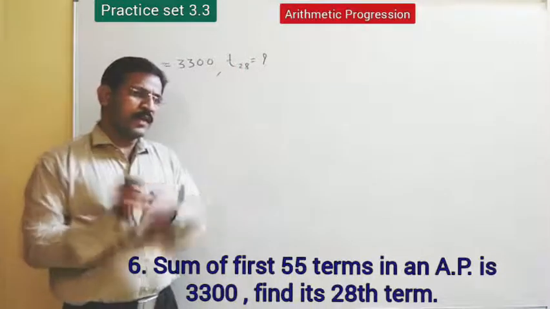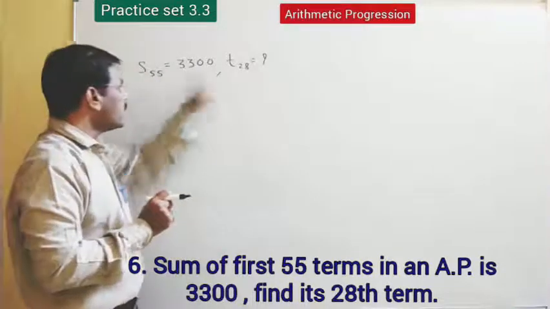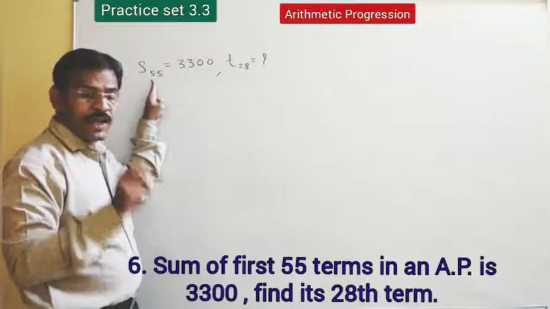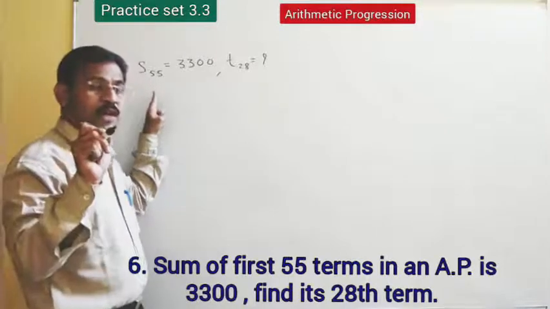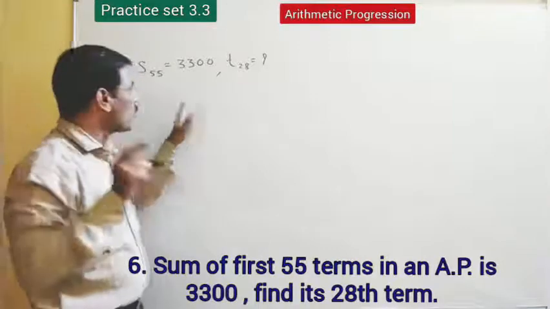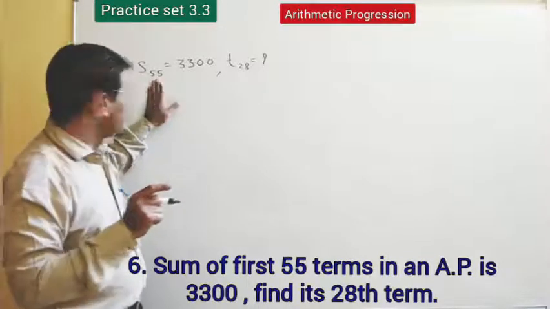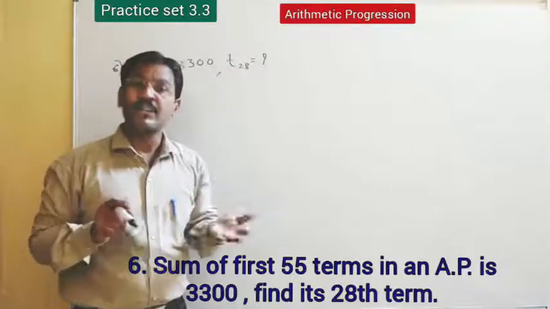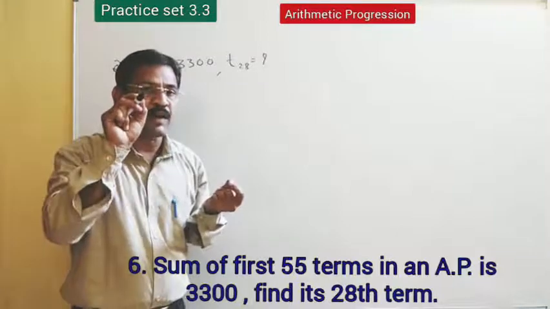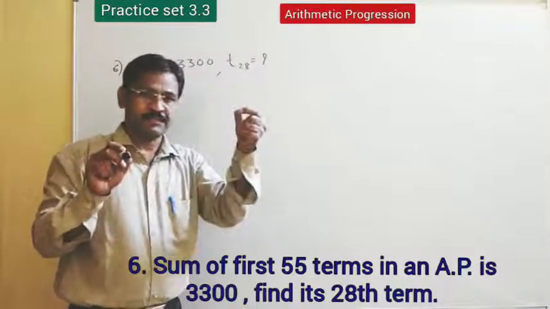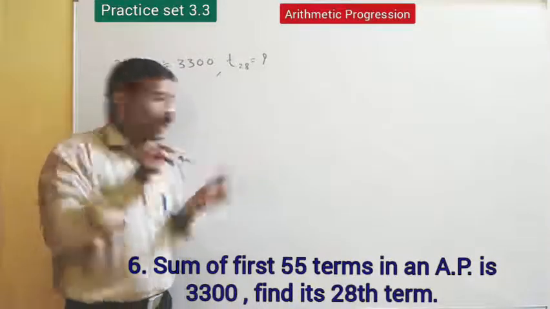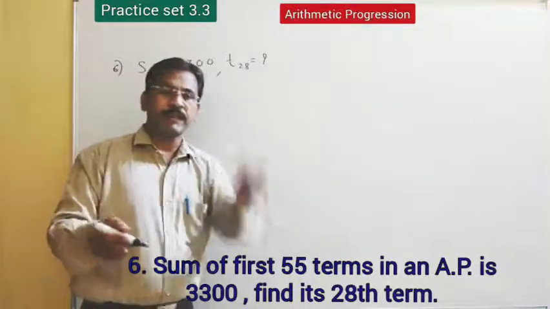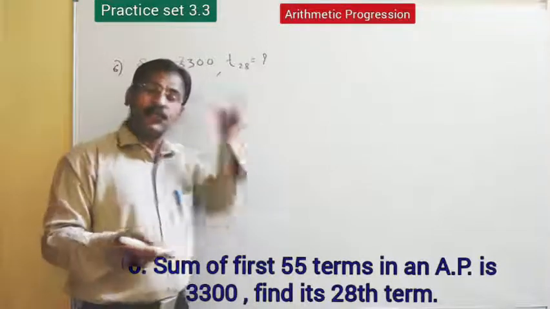Look friends, there is something here. Look, this is 28. Okay, here it is 55. If you observe here, you can find what I am telling. Look, this is 55. Just make one addition, or double this 28 here. How much? 56, and minus 1. Why minus 1? Because n minus 1 is there. 55. So the relation between these two is, I think we just saw it in that fourth example, where a very similar part was there. So here also.